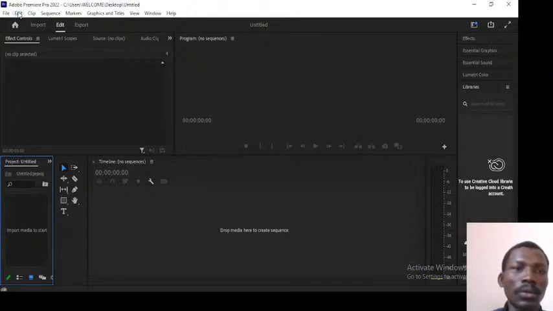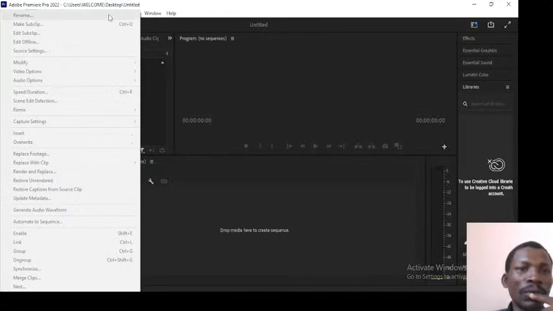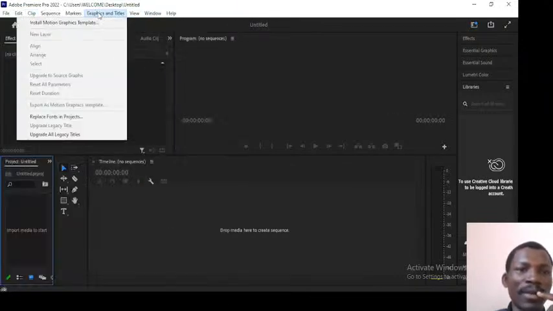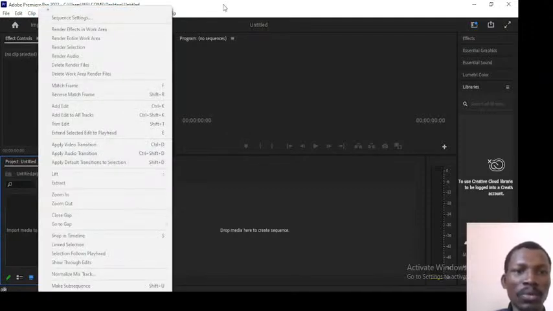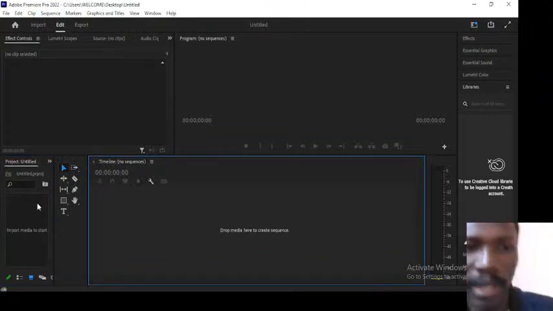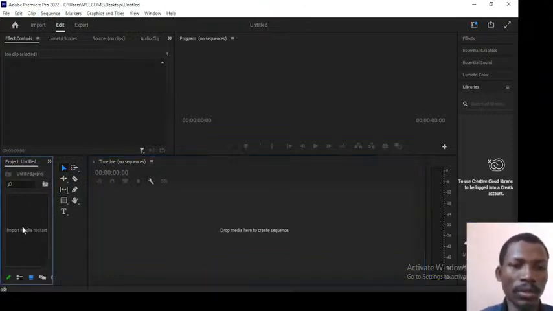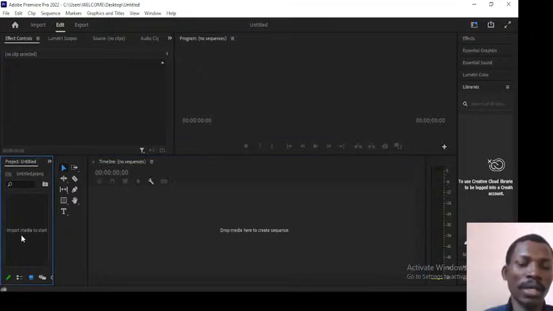So let's continue. So those are the few main items that are very necessary for a beginner. Then we have a sequence, which is the project that you are currently working on the timeline. Okay, so let's start now. Let's just import a few clips or a few footage into this point. Now you can see over here it's telling me to